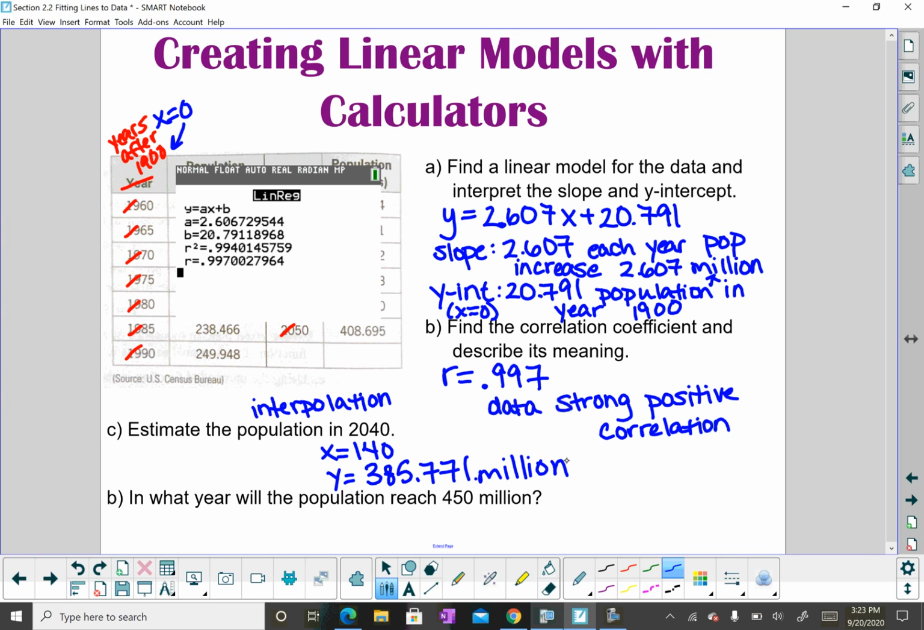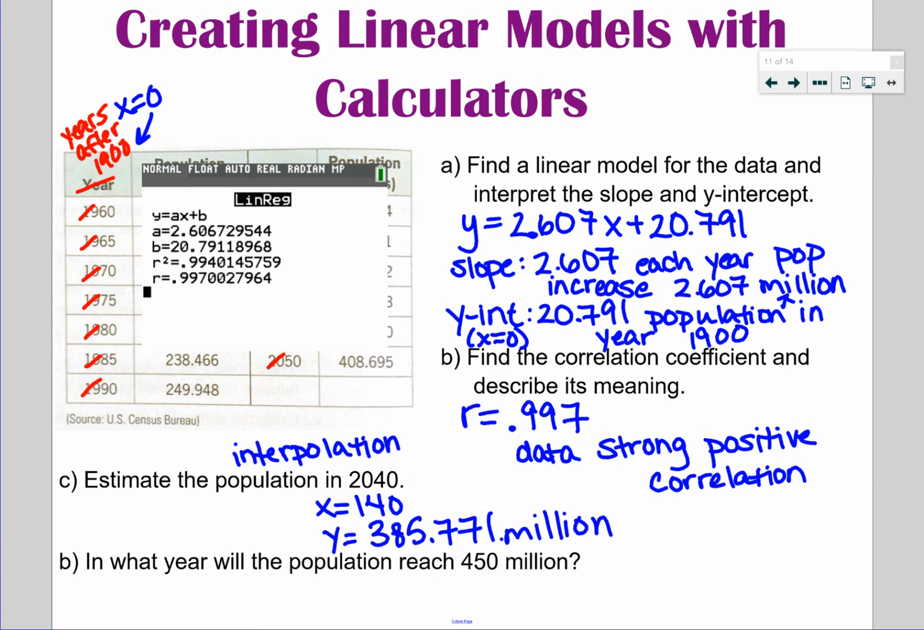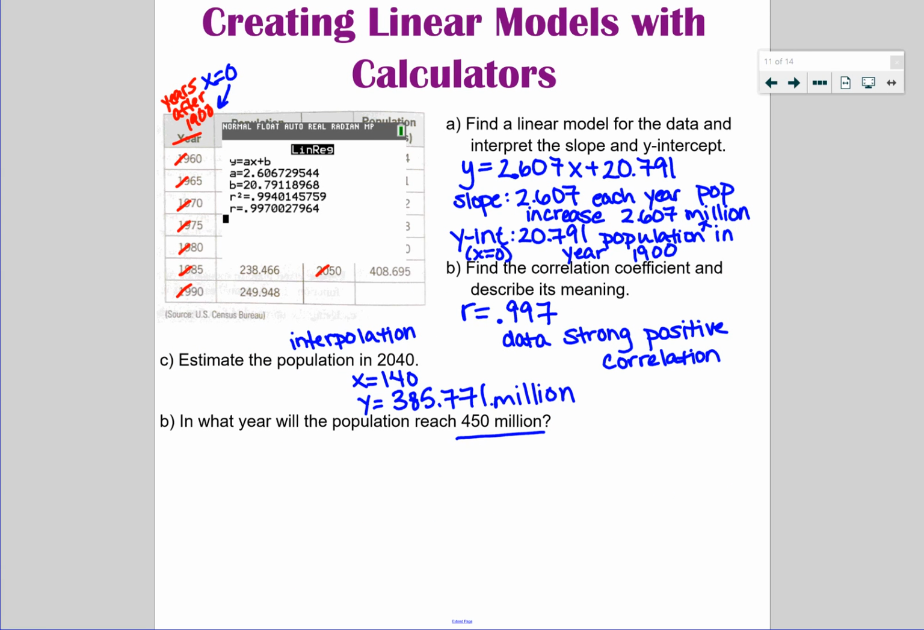Okay. The next thing we want to know: in what year will the population reach 450? To do this, we have to work backwards. Here we have a population, we have a y. So we're going to put that in for y in our equation: 2.607x plus 20.791. To solve for x, we're going to subtract